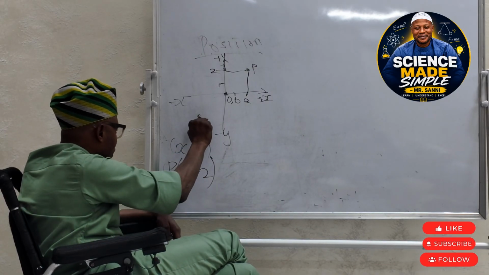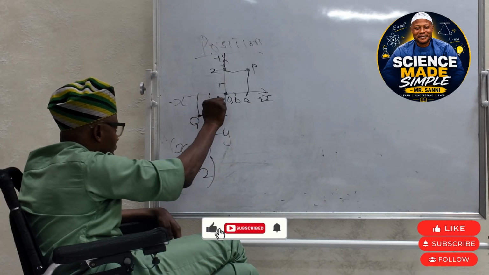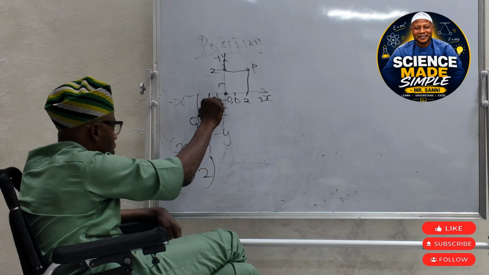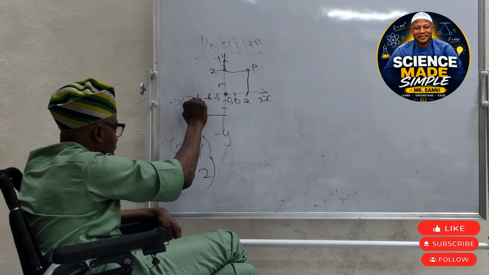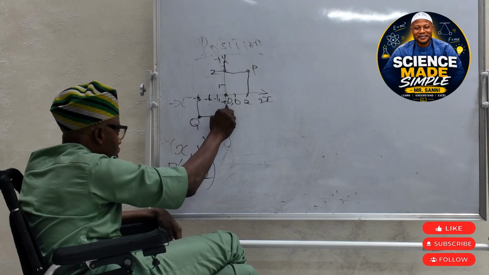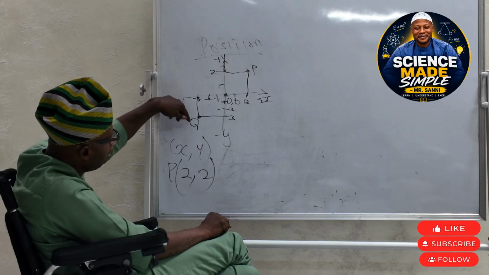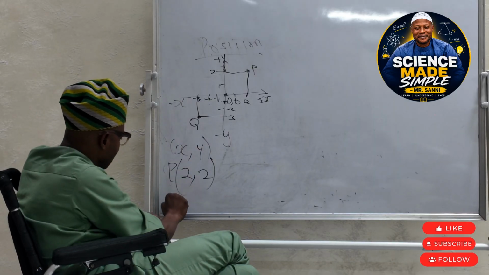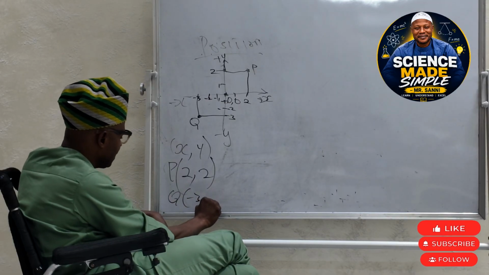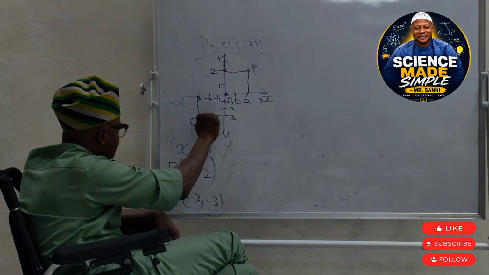Another one is, let's say we have our position Q here. This is 1, 2, 3. Negative 1, negative 2, negative 3. To determine the position of Q here, for the x-axis, it is minus 3. For the y-axis, we also have minus 3. Let's say this is the position